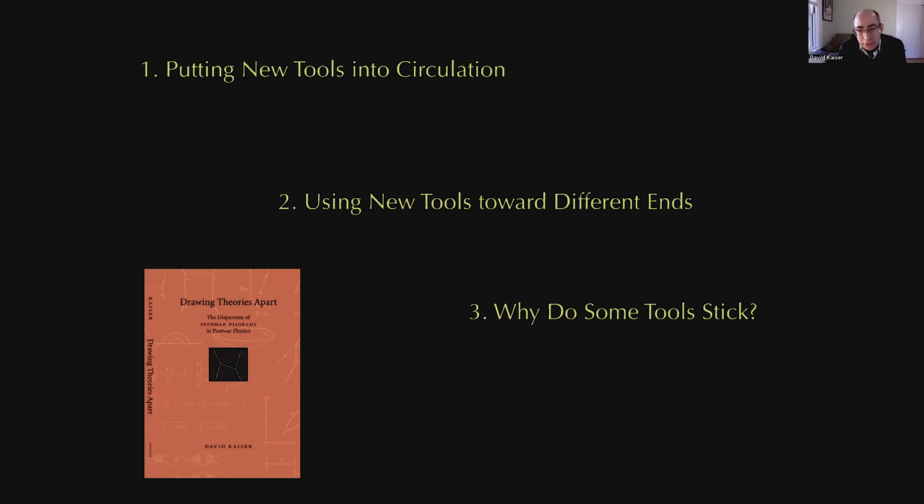And so as usual, the class has three main sections for today. The first is how did these new tools, in this case, Feynman's particular approach to quantum field theory, enter into circulation? How do they become second nature or a standard technique for essentially the entire profession? So how did these new tools begin to get picked up by people other than Feynman himself? And we'll spend a good chunk of time on that today.